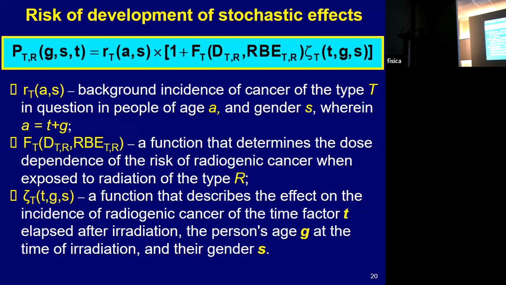The risk of developing this radiation effect is determined as the probability of frequency of a certain type of cancer in a person who is alive T years after a single irradiation of organ T at age G. The slide shows the general form of the dependence of the risk